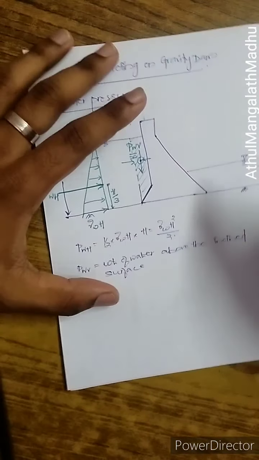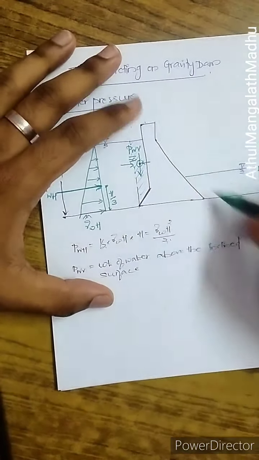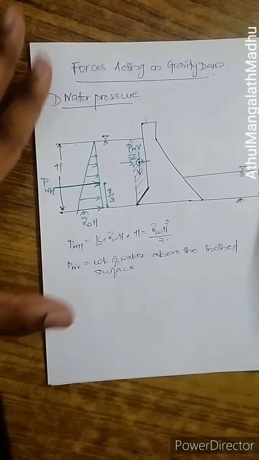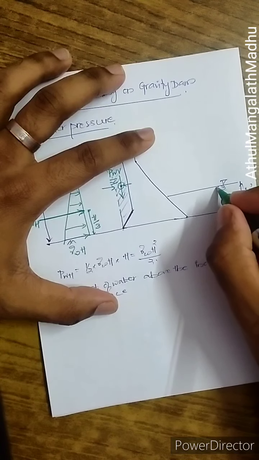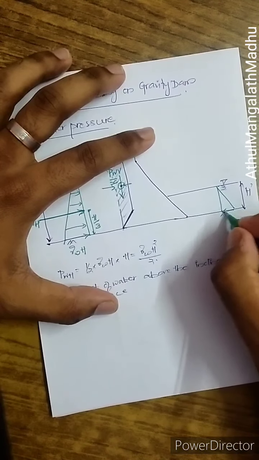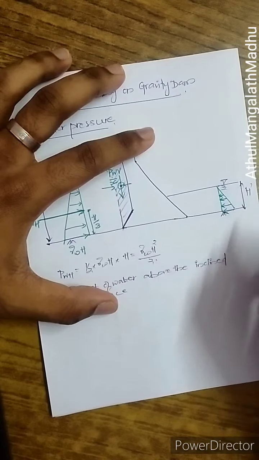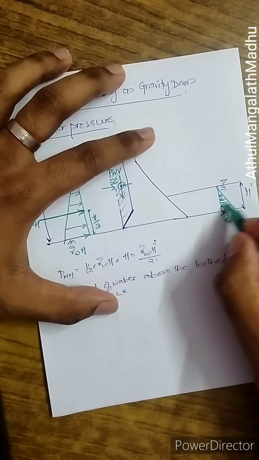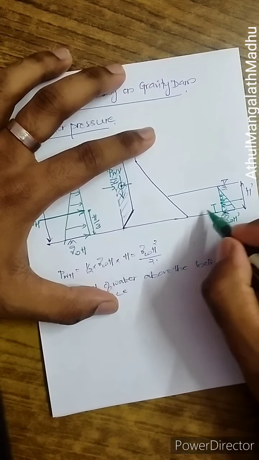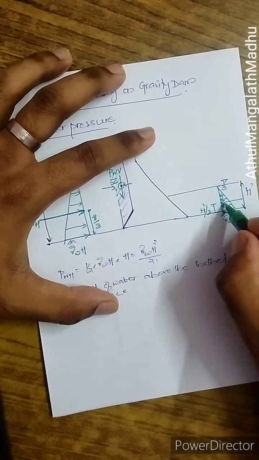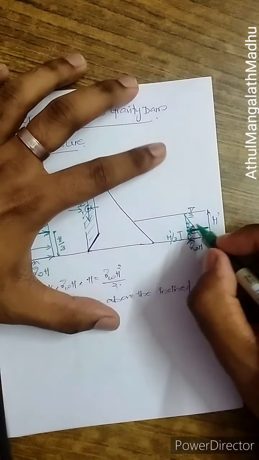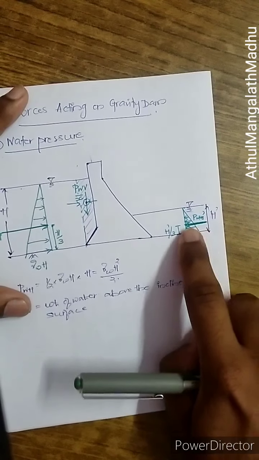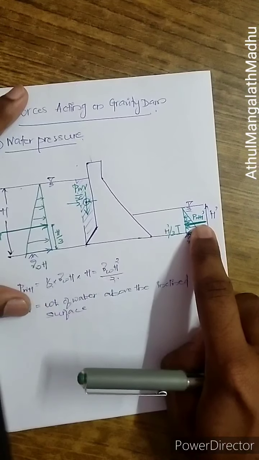And going to the downstream side, the downstream side will be completely inclined. So when it is inclined, you have got two kinds of forces. You have vertical forces and horizontal forces. And as you know, the horizontal force will be like this, and this will be gamma W into H bar. This horizontal force will be acting at a distance of H dash by 3, and let this total horizontal force be PW H bar, because on the downstream side I am writing it H bar.